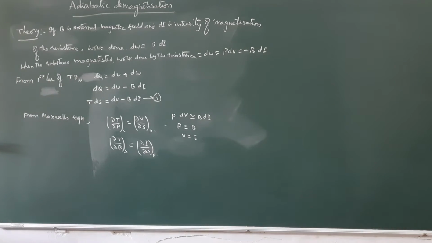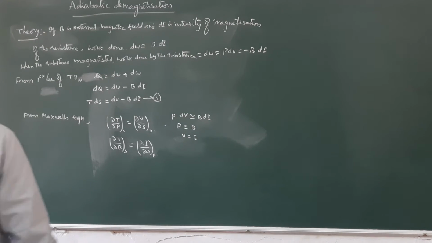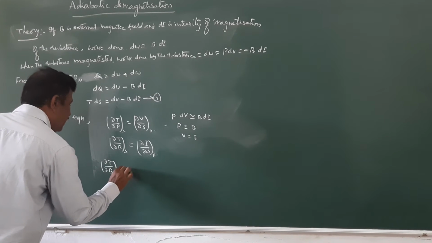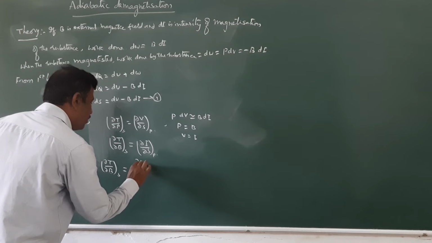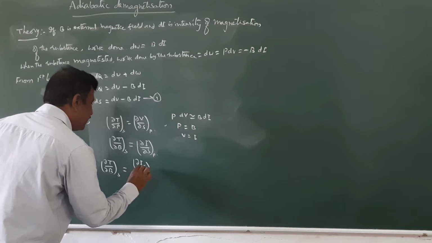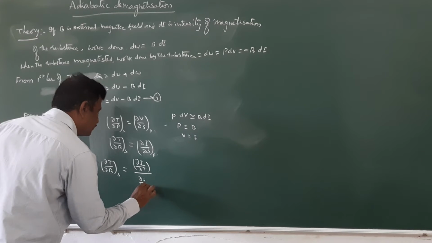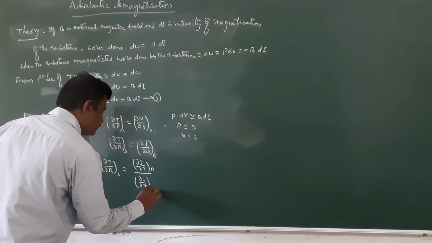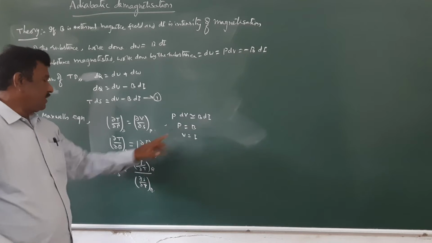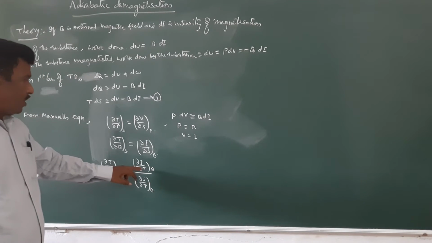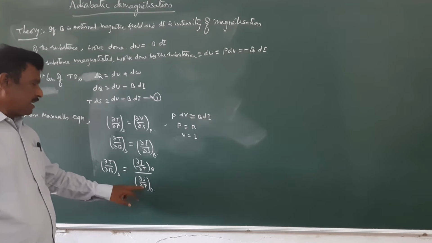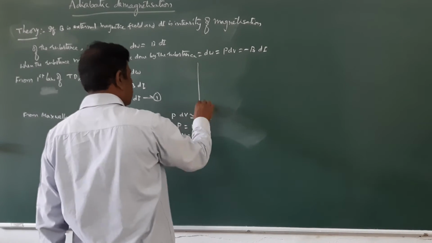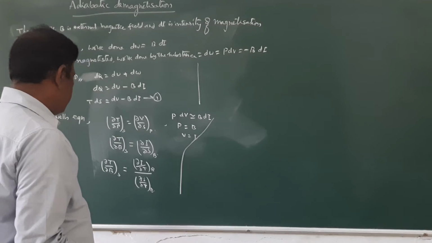Or this can be written as ∂T/∂B at constant S is equal to ∂I/∂T divided by ∂S/∂T at constant B. Here P is equal to B. We have multiplied and divided the numerator and denominator by ∂T. Therefore, this can be given as